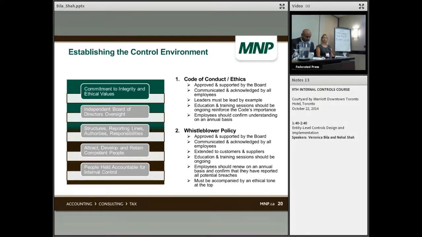We'd also like to see within the policy that it's enforced, so that any reported incidents would be free from retaliation or reprisal. That's really critical to help ensure that employees feel safe when they're reporting any breaches that they might observe or witness. And then another best practice is to have a third-party hotline for the whistleblower to report externally.